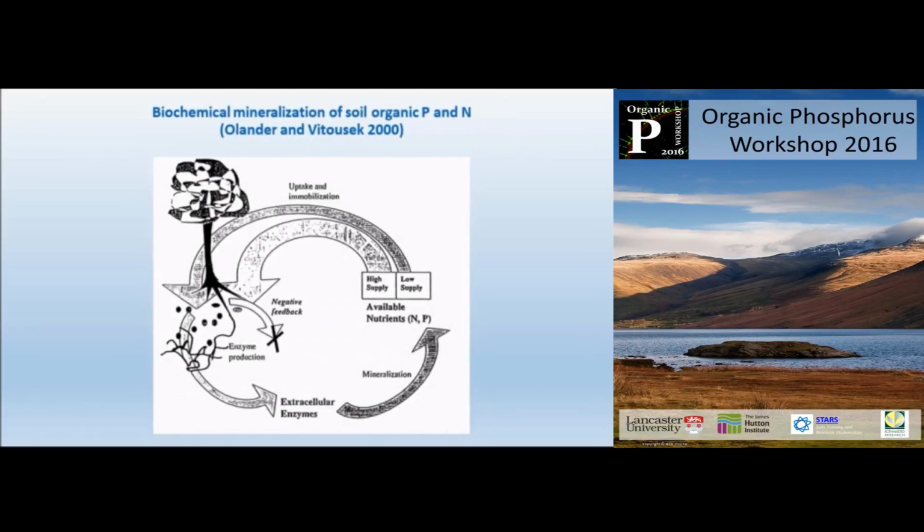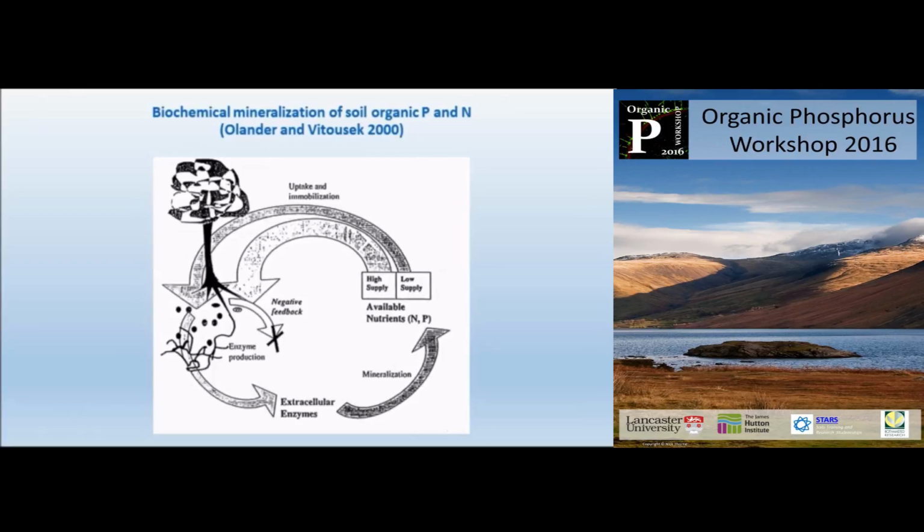But there's also this negative feedback idea, that plants and microbes invest incredible amounts of energy and nutrient in putting out enzymes. When nutrient availability is low, they'll pump out the enzyme and mobilize the organic phosphorus, in this case nitrogen as well, and then the kickback feeds back and turns off the enzyme production. The reason why I put that in is that we now know that, for example, nitrogen mineralization is actually partly driven by specific enzyme activities